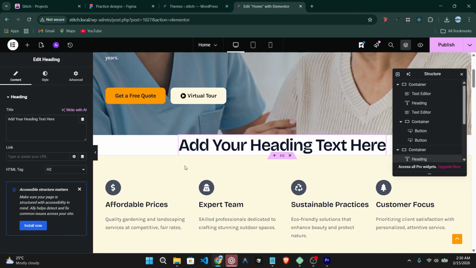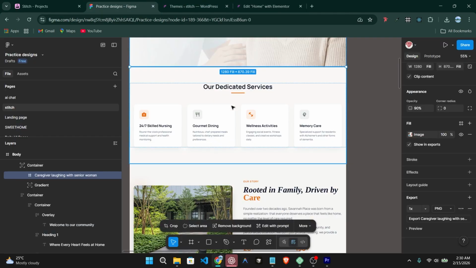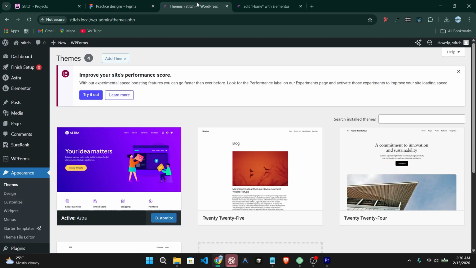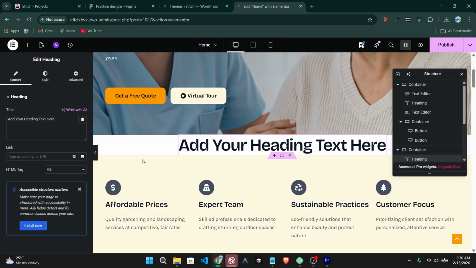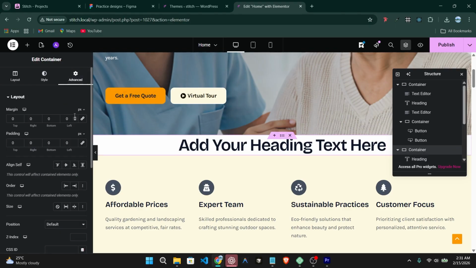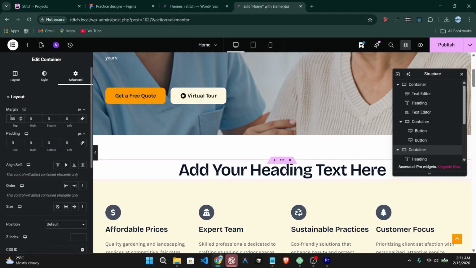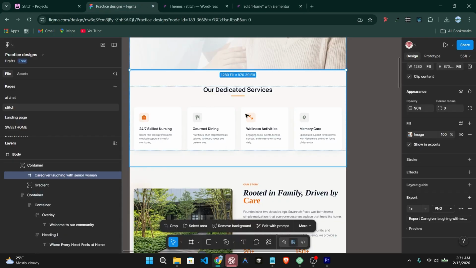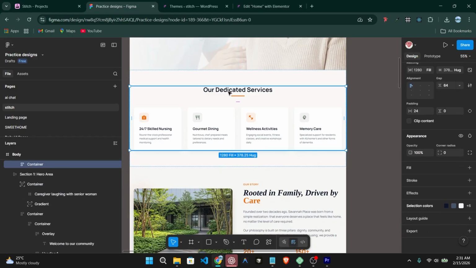Okay, let's go ahead and align everything to the center, and let's click on the plus and add a text. And in order to give it this large chunk of space, we are going to add margins to the container. Okay, so let's click on the container and let's add a margin of 80 to the top, and let's customize our text here. I'm going to copy the text,